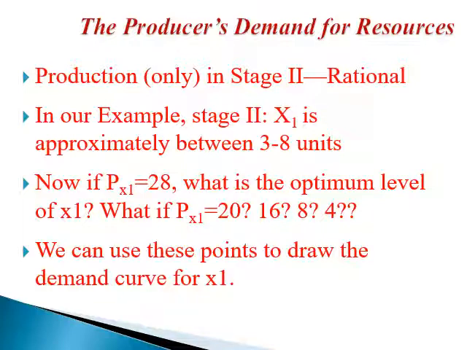Okay, what is the story here? Let me tell you the result of the math just to spoil the fun. The part of the value of marginal product that starts from the maximum value of marginal product all the way down is the demand function for the variable input. Let me repeat. The part of the VMP of X1 from the moment that it reaches its maximum all the way down, okay, this is the demand curve for the variable input.